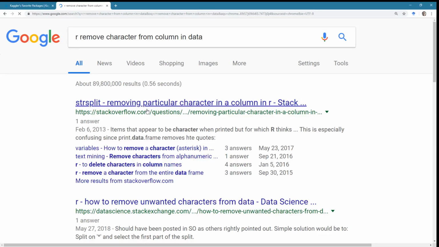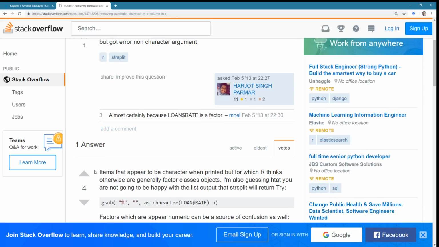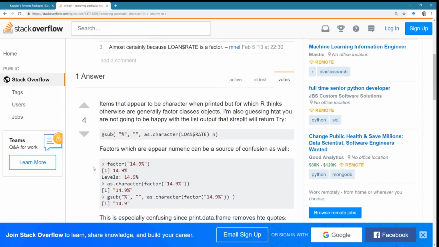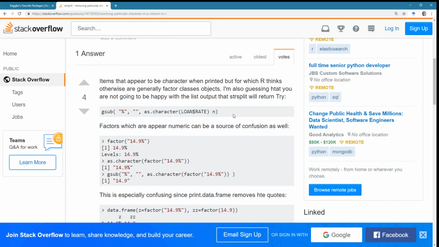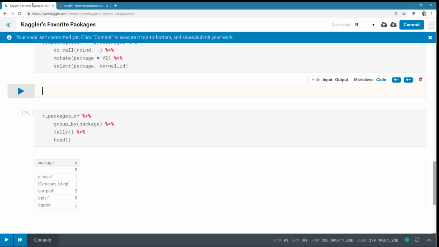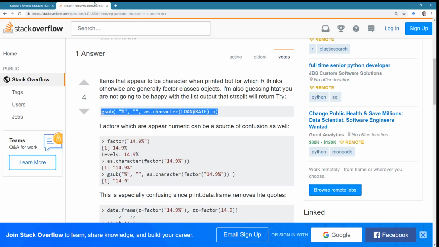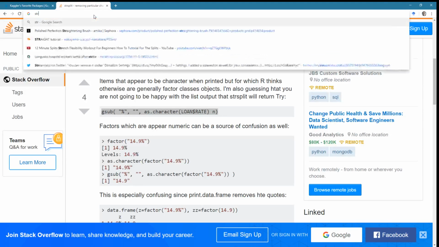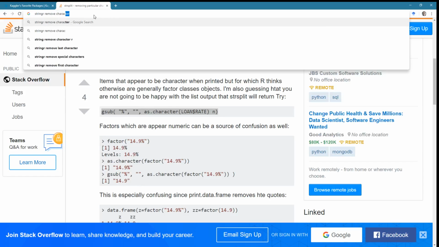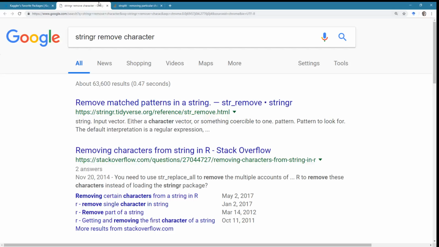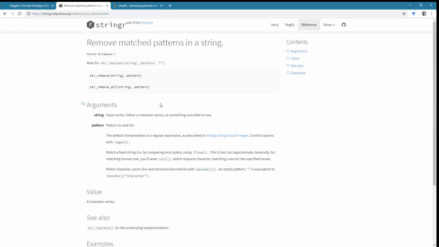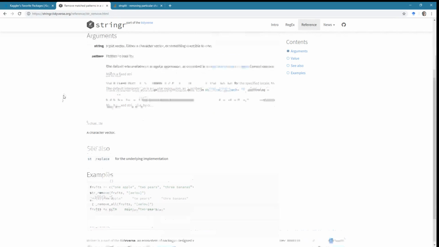That's what I wanted. gsub, yes, yes, yes. Okay. I think there's a way to do it in stringr as well. I should probably do it in stringr, right? Since we're using the tidyverse, we might as well. stringr remove character, thank you. As long as we're doing it in the tidyverse, we might as well keep it within the tidyverse. It's like having your purse and your shoes match, or your handbag and your shoes.